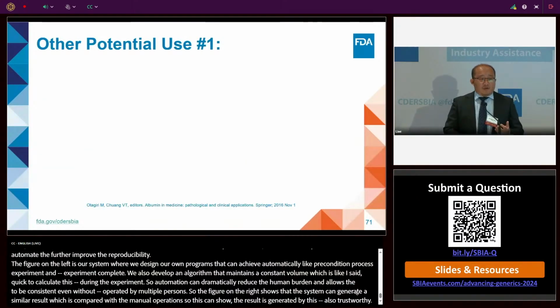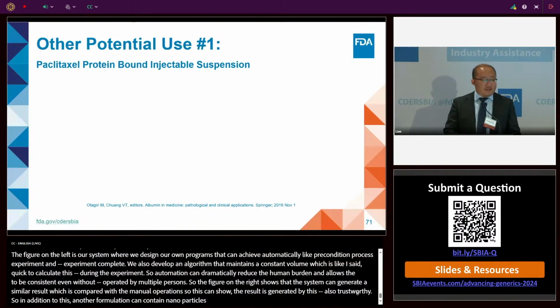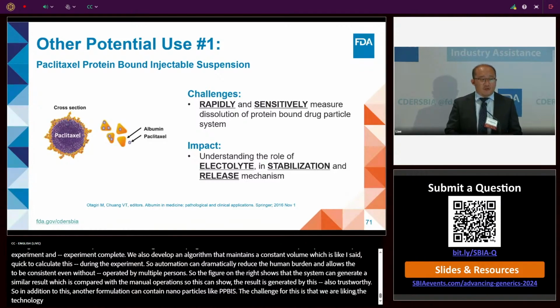So in addition to ophthalmic emulsions, there's another category of complex drug product, which is formulations that can contain nanoparticles, like paclitaxel protein-bound injectable suspensions. So the challenge for this kind of formulation is that we are lacking the technologies that can sensitively detect the rapid release process of these formulations. And we are exploring whether the IVRT method can help us understand the role of electrolyte in